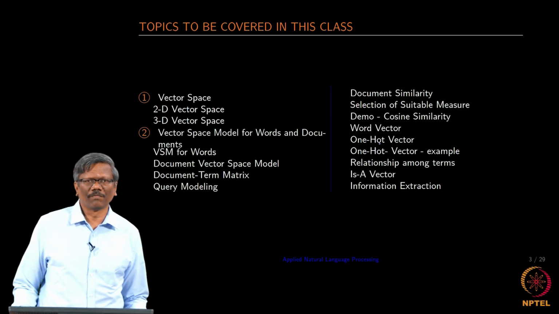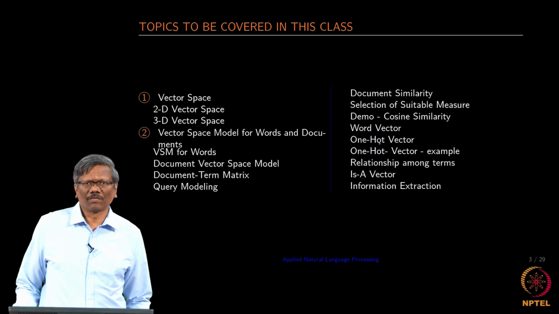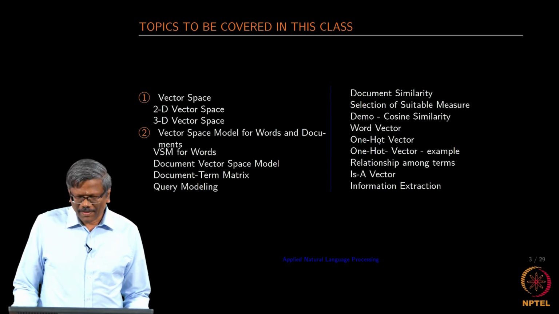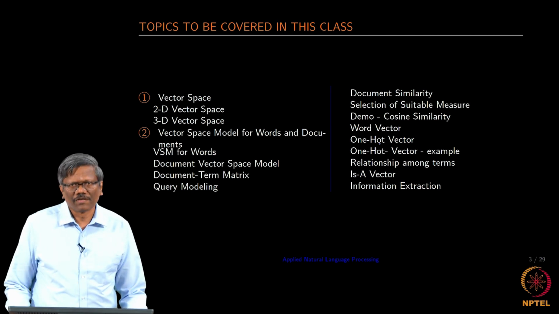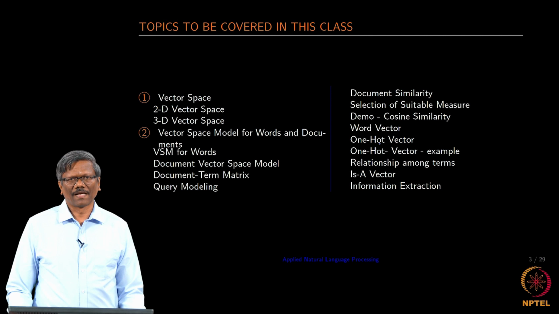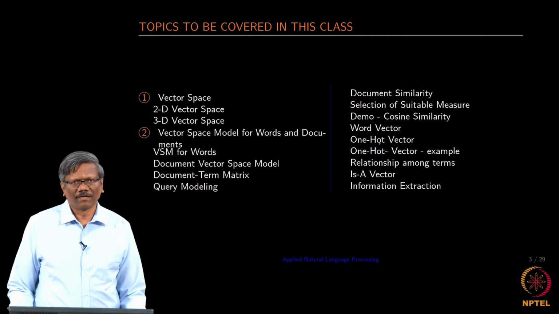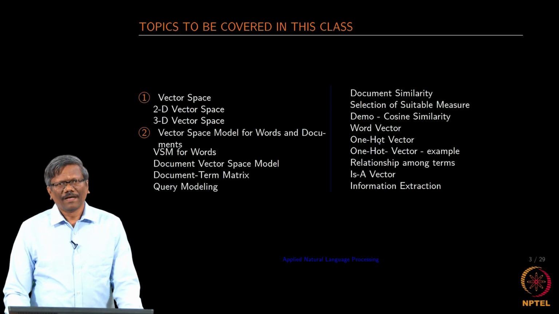If, for example, you have multiple documents in the given corpus, you want to find out the closeness of one document with the other. So, we have some measures that we will introduce in this class, and then we will also mention what could be the suitable measure if you want to find the document similarity. We will look at one of the demos in the document similarity, that would be on cosine similarity,